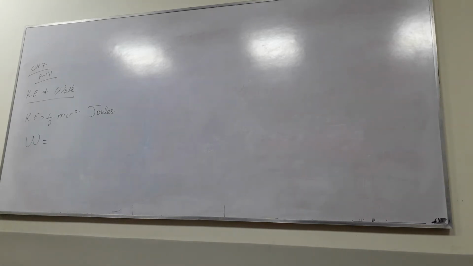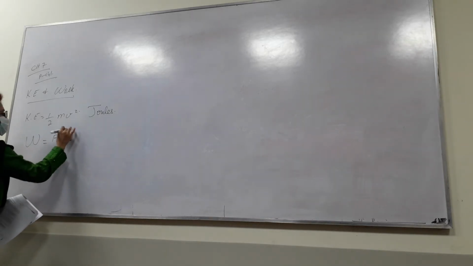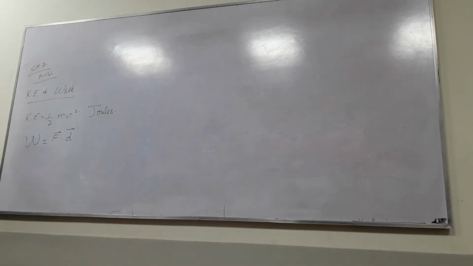Right. So you have these equations on page 141, and you also have the definition of the joule, and you can see that this is again very simple. Already you are familiar with this. Then you go to page 142 and you get the definition for work that we have already discussed. We talked about the relationship of force and displacement and the fact that this is a scalar product and therefore this is a scalar quantity.